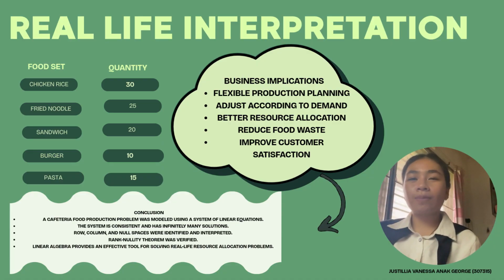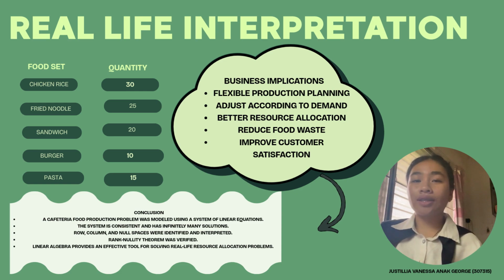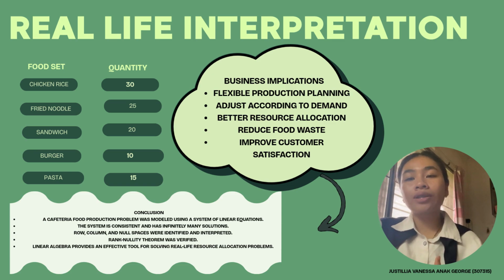Next, I'm going to explain the real-life interpretation. The solution has a practical meaning for cafeteria management. For example, when t equals 15, the cafeteria can produce 30 chicken rice sets, 25 fried noodle sets, 20 sandwich sets, 10 burger sets, and 15 pasta sets. This production plan satisfies all labor, ingredient, and